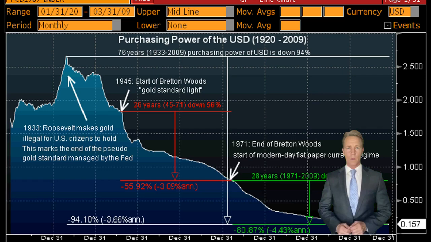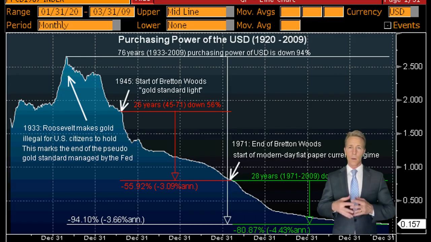Here is how the move toward a modern fiat currency in the United States began with President Franklin Roosevelt. Franklin Roosevelt campaigned on cutting government spending and balancing the budget. But once he got into office, he did the exact opposite. He spent more in an effort to create jobs and increase consumer demand. Roosevelt needed the government to print more money to cover his spending plans.